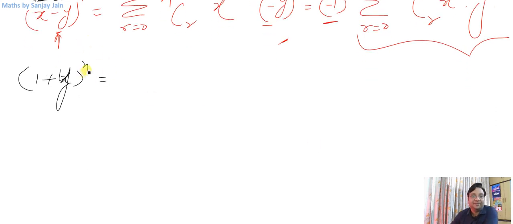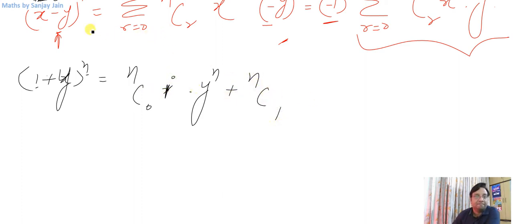Okay, let us see. So I'll start with nC0, right? And give everything to y, that is this, and 0th power to 1. So 1 raised to 0th power is still 1. Let me write it for a moment. Then nC1, okay. See, I had to give 0th power to this. Let me write it once again.